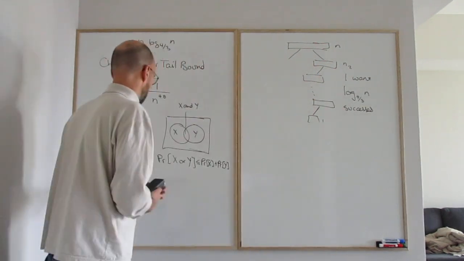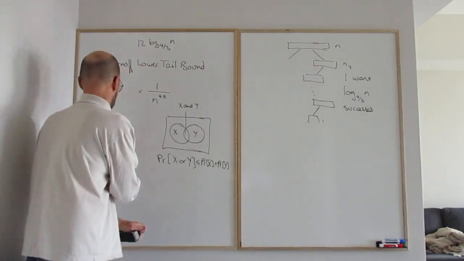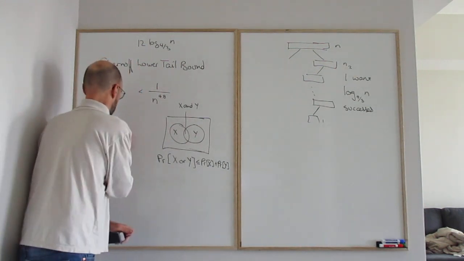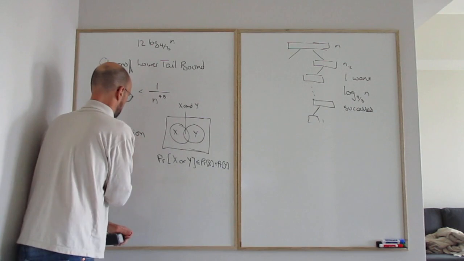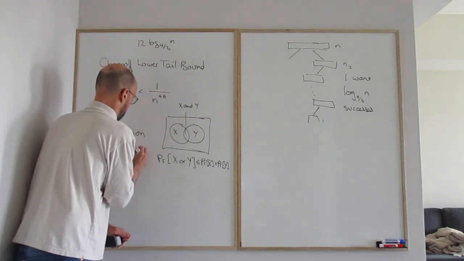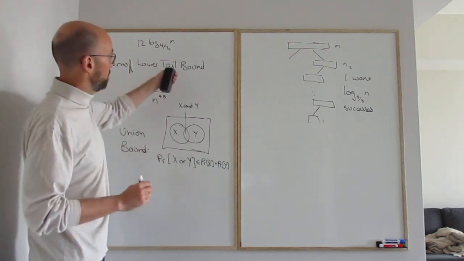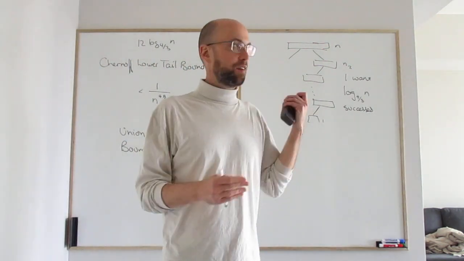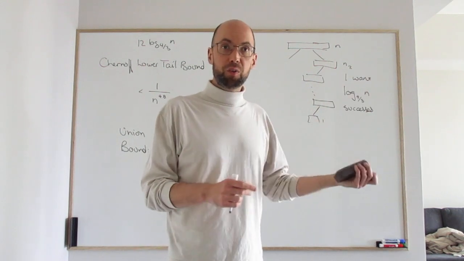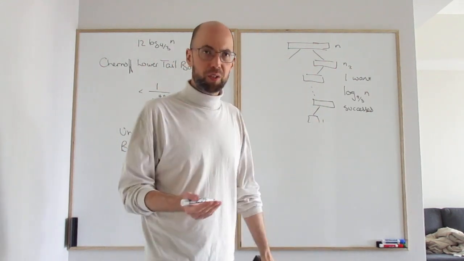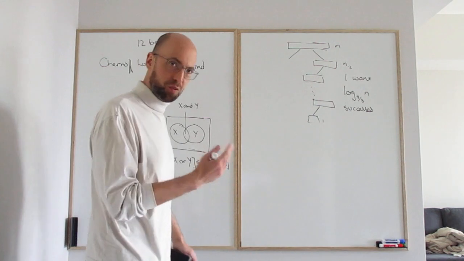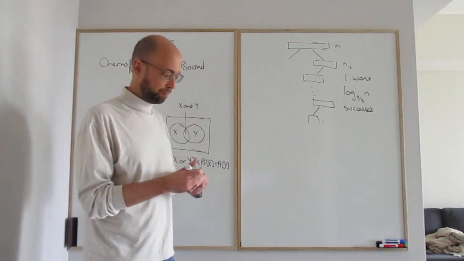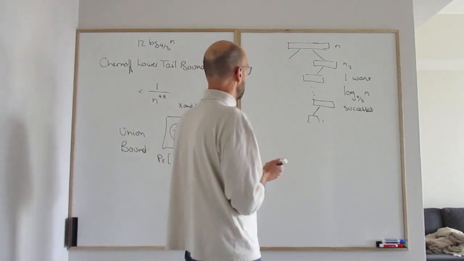So this is called the union bound. So Chernoff bounds are super useful, and you don't have to remember them, you just sort of have to remember how they work, and then you go and look them up when you want them, like I did this morning. And the union bound, this is really easy to remember. Okay, so by the union bound,